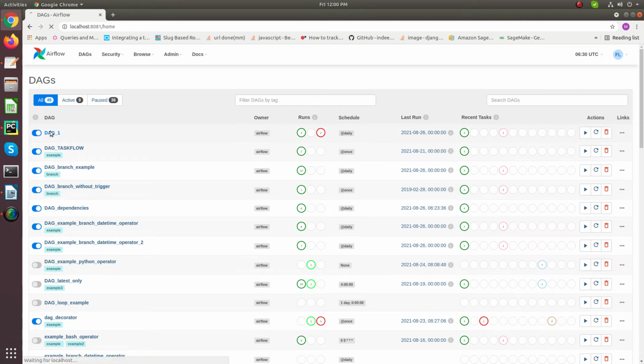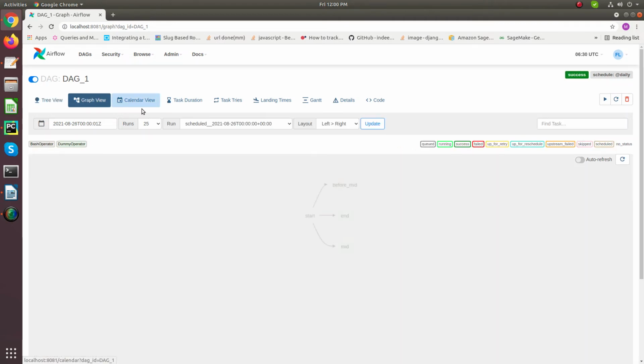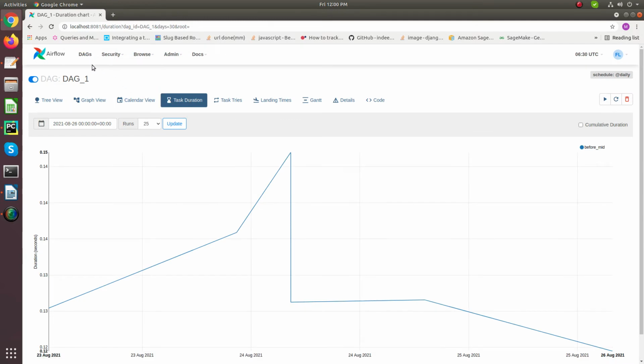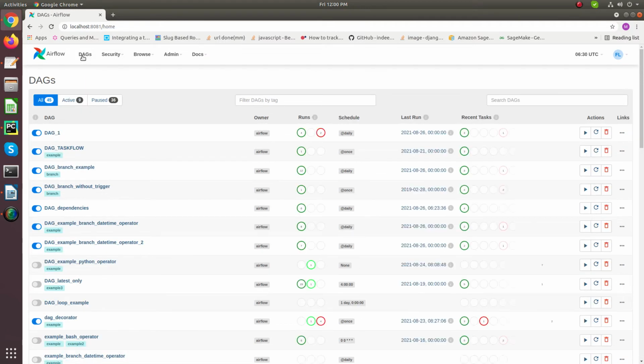In this we can visualize the DAGs and monitor the execution of the DAG and tasks. We have tree view and graph view, we can see the code, we can see the task duration and details related to a specific DAG. We have security services, and we have configuration, connection, plugin, tools and variables under the Admin menu, and we have links to documentation, the official website, the GitHub repository and a link to the REST APIs. So this is the user interface, or web server, of Airflow.